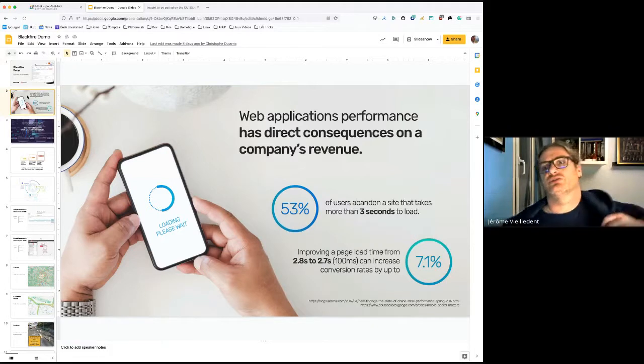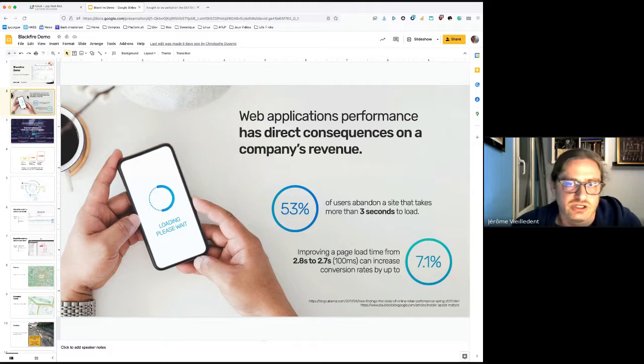Well, usually you use Blackfire because you care about performance. And whenever performance is a subject on the table, it's because you care about it, of course, and it means that you need to use certain tools in a domain that's called observability.